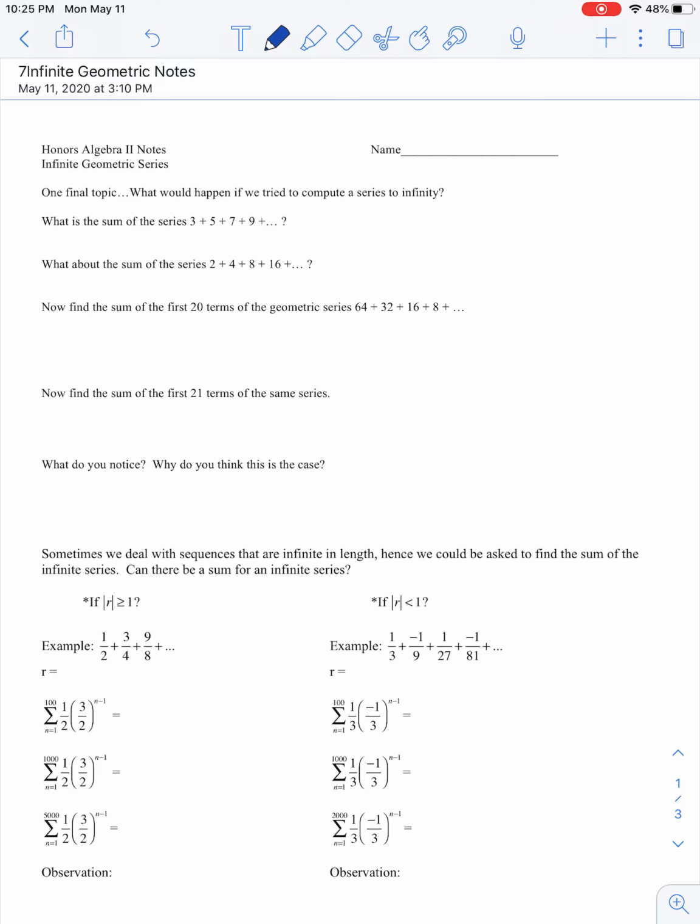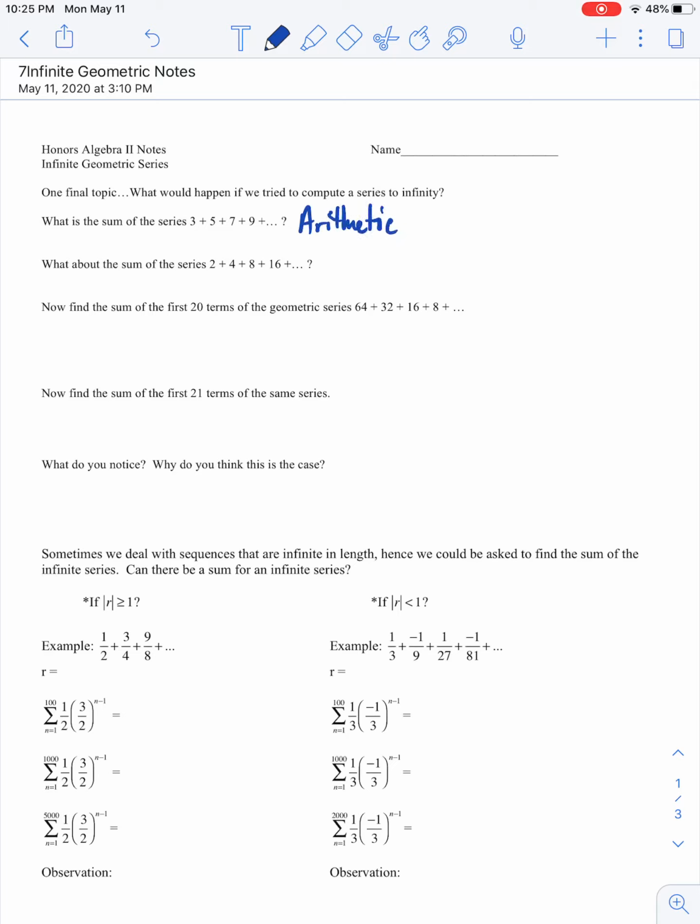And so the idea here tonight, or today as you're watching it, is what if we wanted to add up a sequence, thus a series, to infinity? So what if we wanted to find the sum of an infinite series? If you think about it, this is only going to work in certain situations. If you were to try to sum up an arithmetic sequence to infinity,